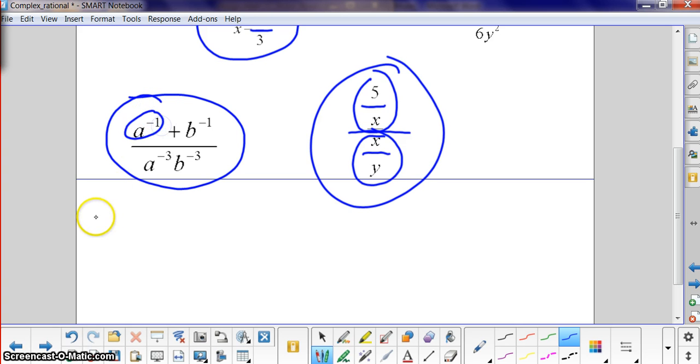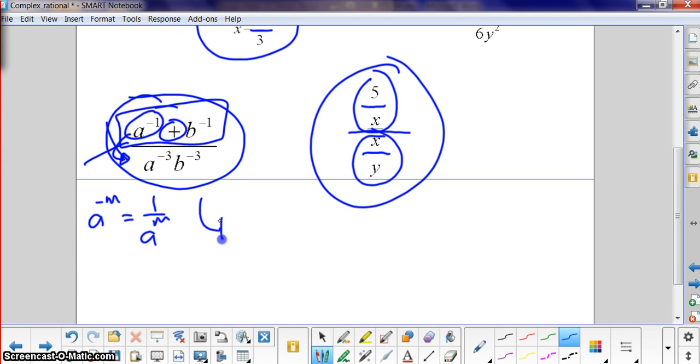It's complex because any number raised to a negative exponent is 1 over that number. Now, the trick is people want to take this and put it to the bottom, but you can't do that because of the plus sign right there. If it was a to the negative 1 times b to the negative 1, where both a and b were factors of the numerator, then yes, you can take the factor raised to a negative exponent and put it to the bottom. But because it's part of the binomial, the way we think about this is a to the negative 1 is 1 over a, b to the negative 1 is 1 over b,